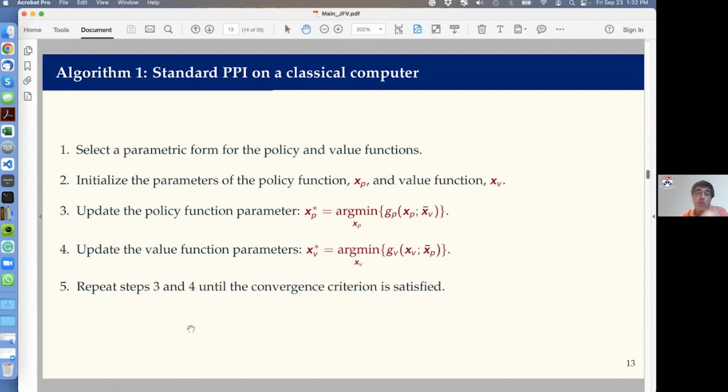I'm going to use bold to denote the fact that they may be a vector and not just one parameter. And then fixing the parameters of the value function to some initial guess, I solve for the optimal policy function, and in the very next slide, I'm going to show you how you do that. And I get a new update of the policy function parameters. I plug in those policy function parameters in my,